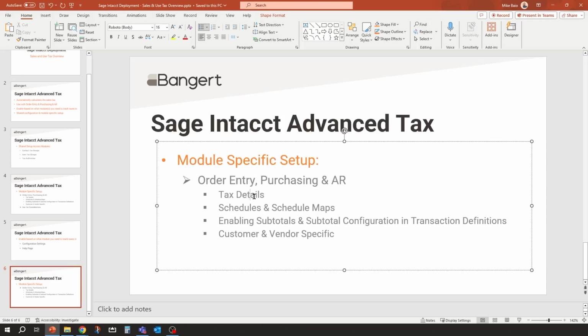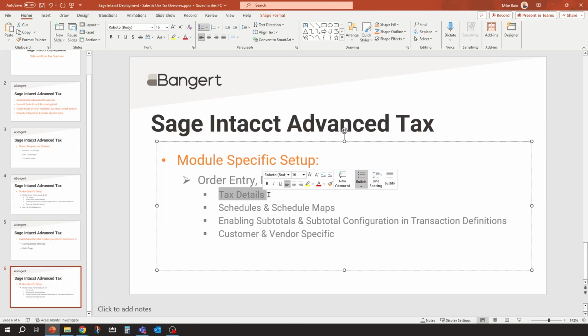And why this one is under module-specific setup is because the tax details are not shared between order entry and the purchasing module. So one of the first things to consider is if you do need to track taxes in both order entry and purchasing, you need to define your tax details with unique IDs so that you can use them in both areas.